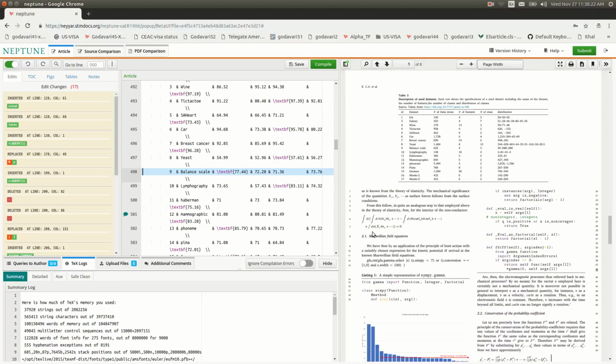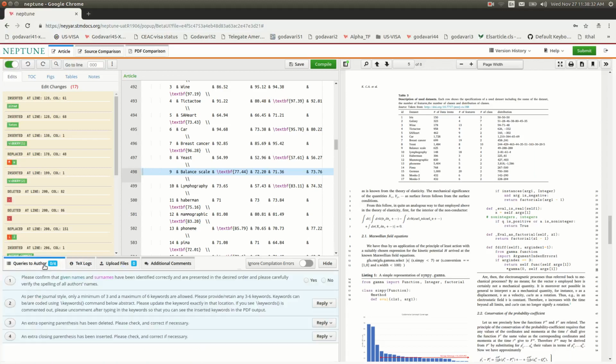Generally what happens, the copy editor would want the author to make specific changes in the document so that the document can be sent for print. So all these things would be put as questions to the author in the form of queries to author. So only in case if the author completes and submits all of these queries, they would be able to submit